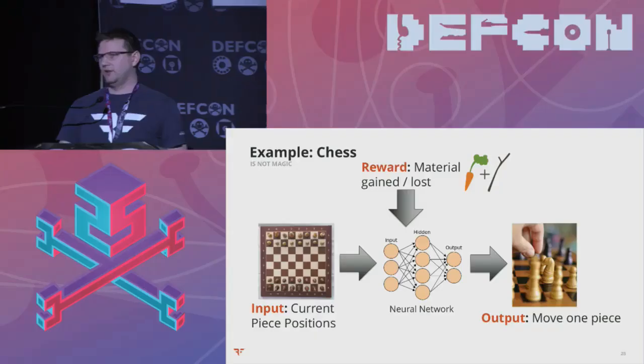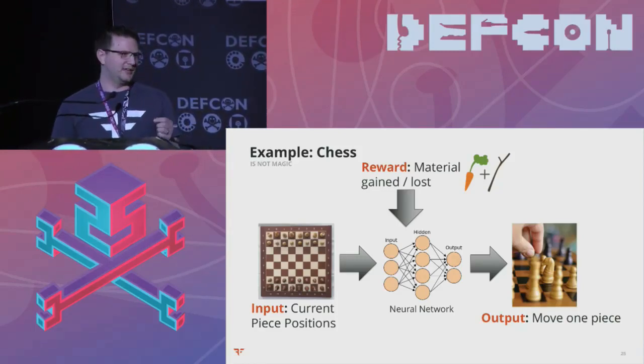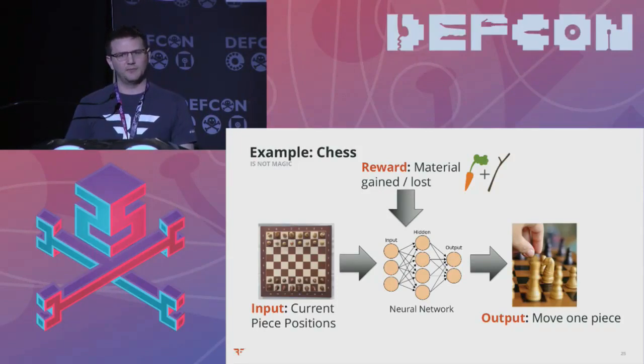If you're wondering in the audience right now, or at home, how you can try to make some sort of a program that can take advantage of machine learning, try to think about it in terms of these three things. Input: what are the things that my program needs to see in the universe? Output: what are the actions that it should be taking? And then rewards: how does it know when it did something good, or when it did something bad? If you can think of your problem effectively in terms of those three things, then you can make a machine learning program that will solve your problem.